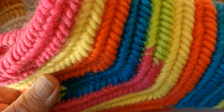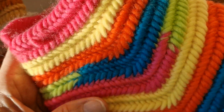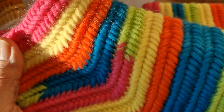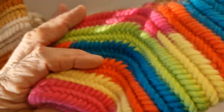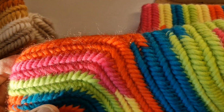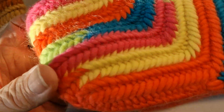This is a little explanation about the pattern of my socks. Check needlebinding.com, and there you can read how it's done. I hope you can now make those